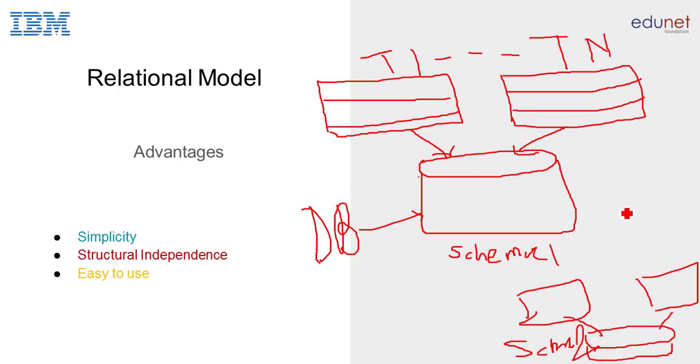I hope you understand this. That means easy to use. With database software, you can create multiple schemas and multiple tables. That's why you can easily access all the values as per the name of the schema.